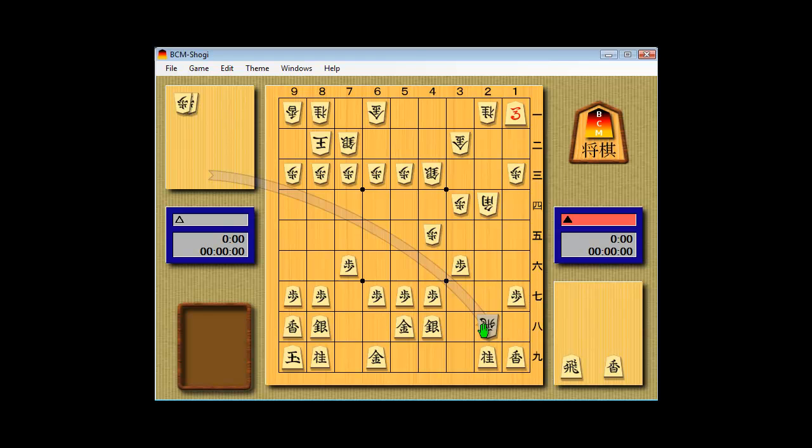For my next video, I'll probably go into some lines where black, instead of trying to castle his king into Anaguma, goes ahead and castles into a left-hand Mino or Silver Crown type